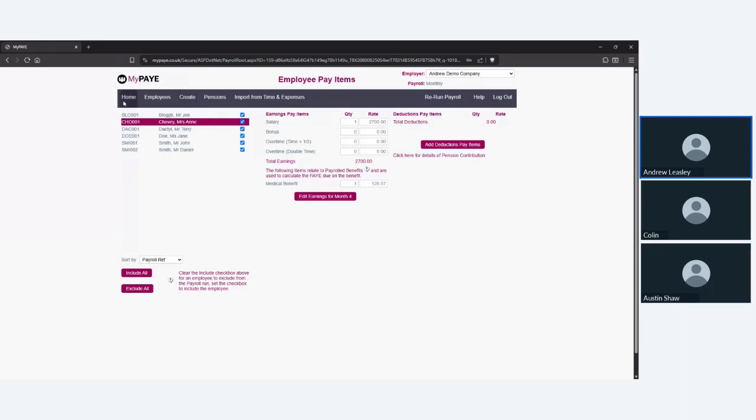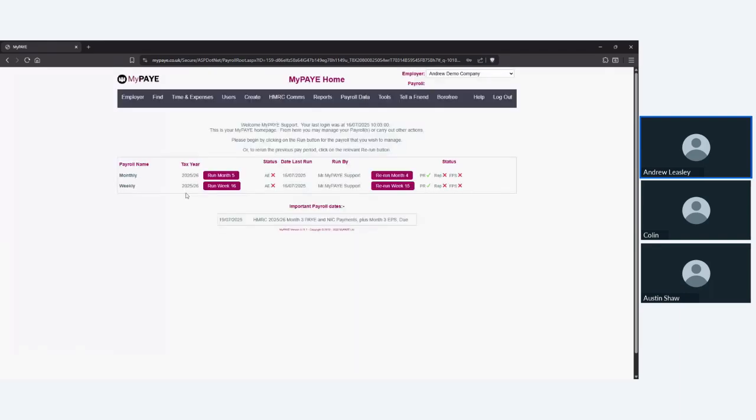So if you do manage multiple payrolls, so I've got monthly and weekly here, you can create more than one user of the software, and you can set different users to have different access. So they could either have specific companies, and within those companies, they could even have specific payroll. So one person could be in charge of doing the monthly payroll, and another person could be in charge of